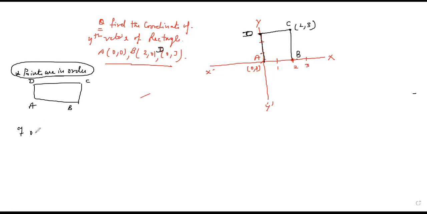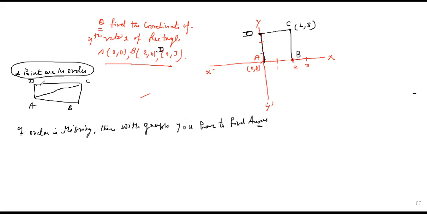If order is missing, then with a graph you have to find out the answer. If the order is given, then you can apply that diagonals intersect each other at a particular point. But if the order is not given, then you have to plot the things. Okay. Next is